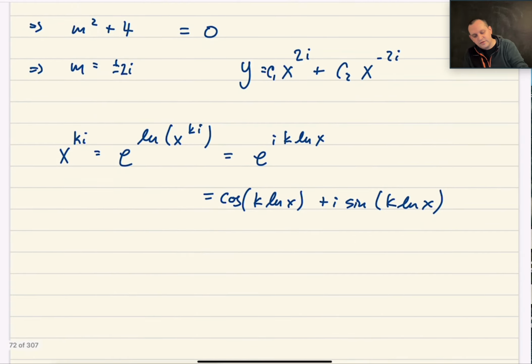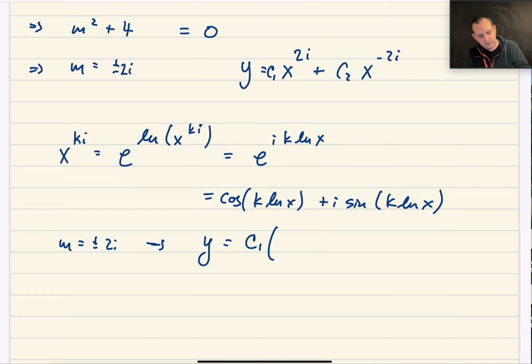So for us, if we have m is plus or minus 2i, then our solution is going to end up being, we're going to have c1. And by the way, if it was a negative here, it's the same trick as before. When you have the positive 2i and the negative 2i, those complex solutions always come in pairs. It turns out that you can use the evenness of cosine and the oddness of sine, group them all together, and you're going to end up with y is c1 times